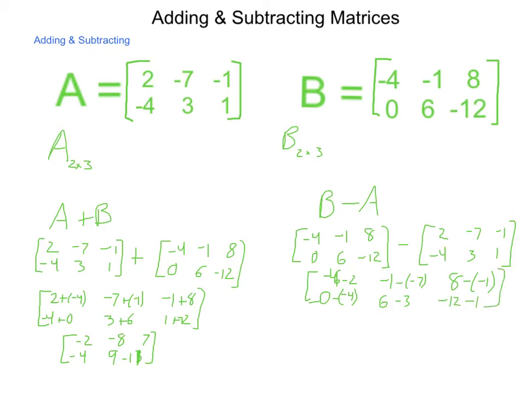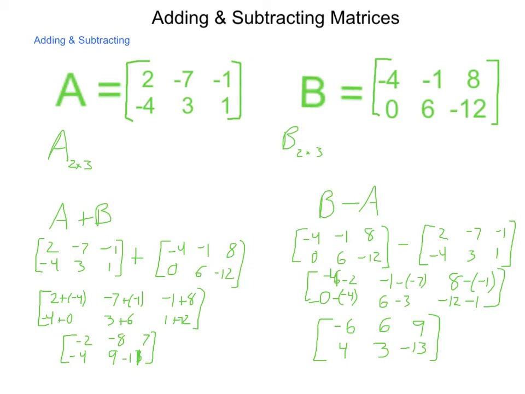Now simplifying, again, negative 4 minus 2 is a negative 6. Negative 1 minus a negative 7 is positive 6. 8 minus a negative 1 is 9. 0 minus a negative 4 is 4. 6 minus 3 is 3. Negative 12 minus 1 is a negative 13. So when I subtract matrix B minus A, we end up with the matrix negative 6, 6, 9, 4, 3,